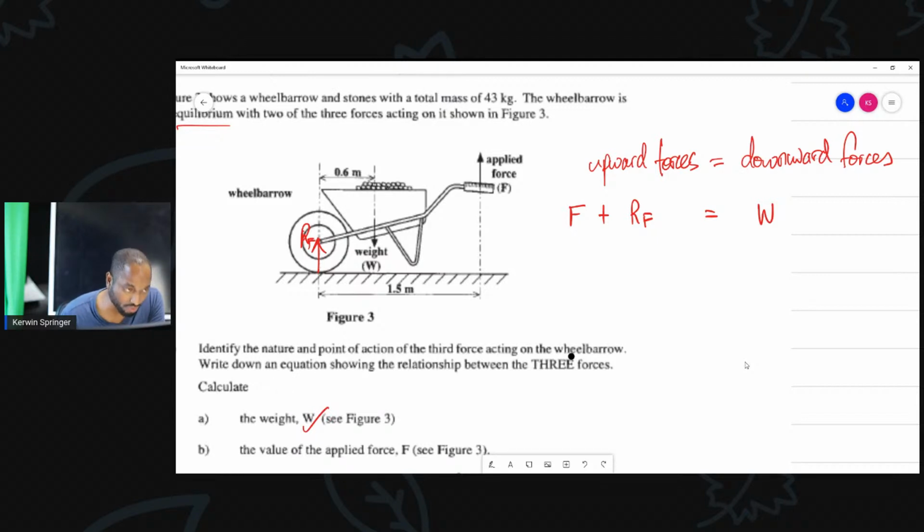Well, to calculate the weight, we're going to use the next. I've seen some comments in the chat that just make me crack up here. We're going to use the next